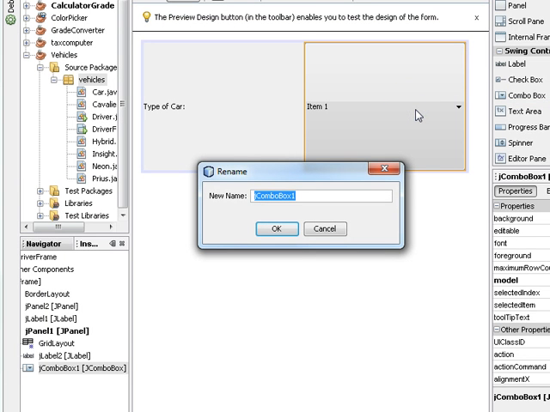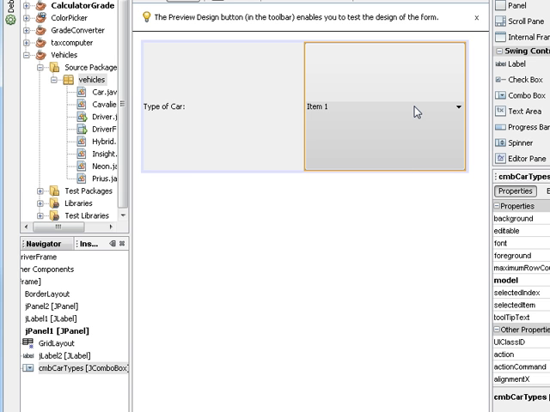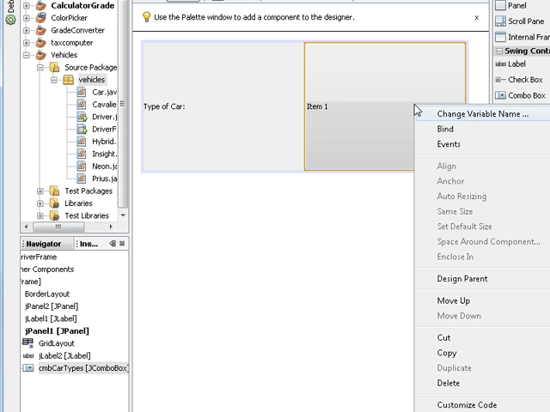This is one of the first things that we're going to want to do, because when we get behind the scenes, we want to know what combo box we're dealing with. And this combo box is an object stored in a variable, just like most of our other objects. So what we have an opportunity to do now is to rename that variable so that we know which one it is. So I'm going to call this CMB car types. Okay, then I'll right click again,